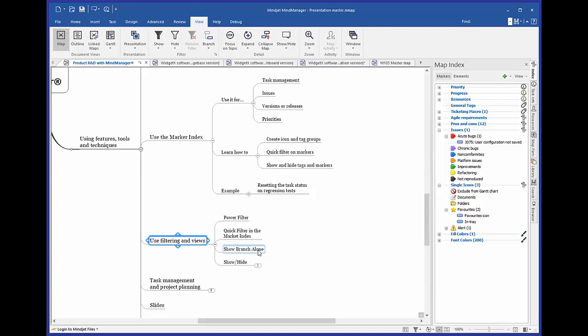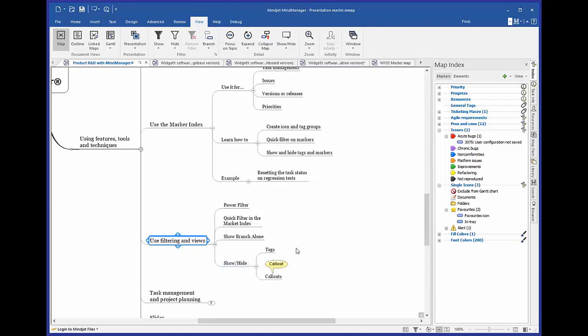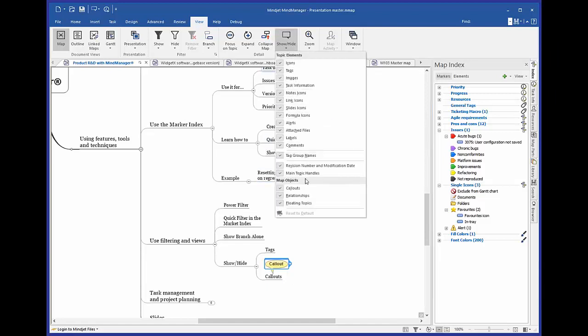So that supports that. The other really useful feature is show hide, and particularly the use of callouts. Callouts are really underrated as a MindManager feature. I think that they're underused, because the difference between a callout topic and a normal topic is you can switch off callouts in the view menu. So in the show, hide, and then view, you can turn callouts on and off in